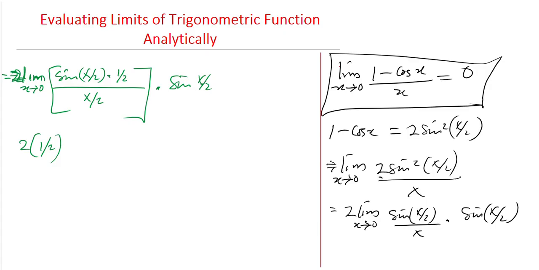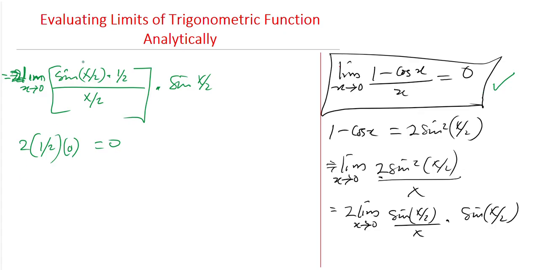We replace x with 0, so we are going to have 0 over 2, which is 0, right? So we are going to have multiply 0. So 2 multiply 1 over 2, which is 1, multiply 0 is 0. So we have established that the limit as x approaches 0 of 1 minus cos x all over x is